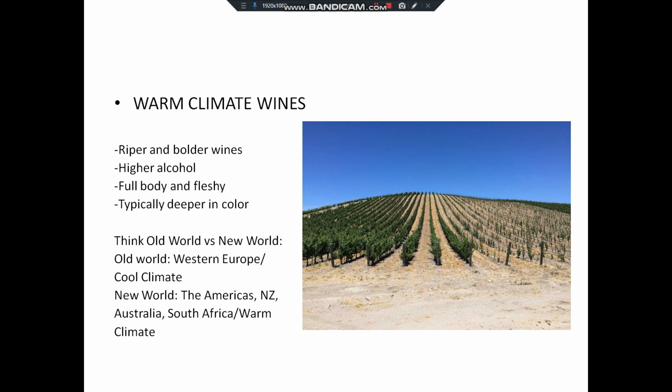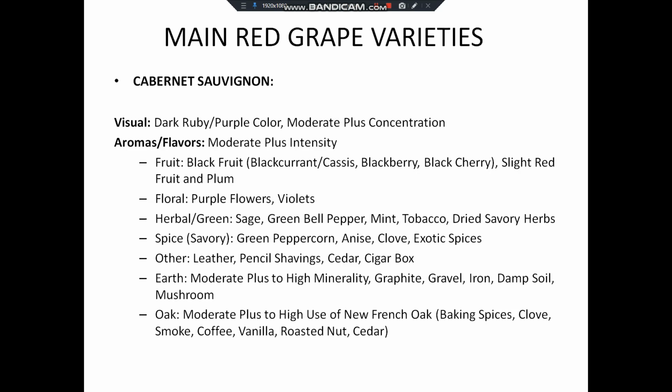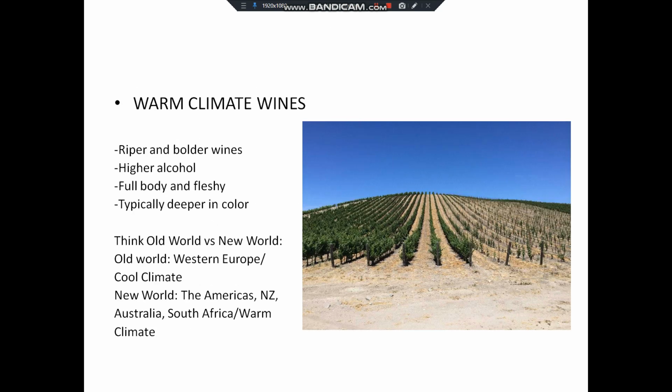Riper, bolder wines, higher alcohol, again, more sunshine, more heat, fuller bodied, fleshy, typically deeper in color, more extraction there. So again, think old world versus new world. Old world, Western Europe, cool climate. New world, Paso Robles, the Americas, North and South America, Australia, South Africa. So again, main difference, main takeaway from this class or this podcast, think old world versus